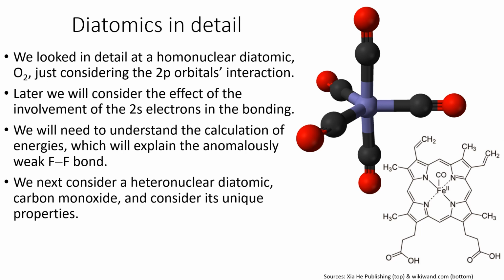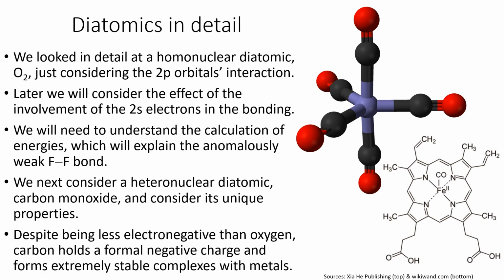Of course, we've looked at homonuclear diatomics, now heteronuclear diatomics, and we're going to go to carbon monoxide. Very interesting molecule, carbon monoxide, with some really unique properties. For example, despite the fact that carbon is less electronegative than oxygen, we find carbon holds a formal negative charge in this molecule, and it forms extremely stable complexes with metals, which you wouldn't really expect looking at